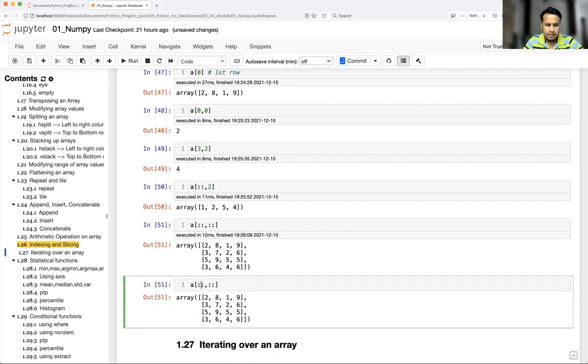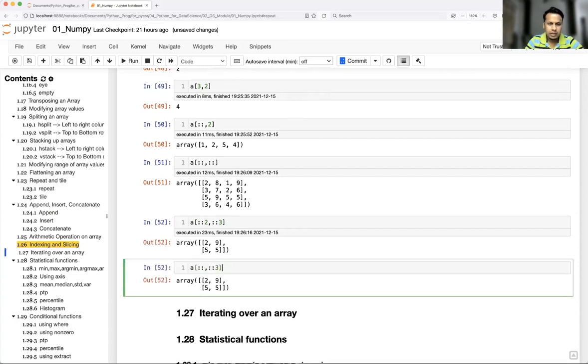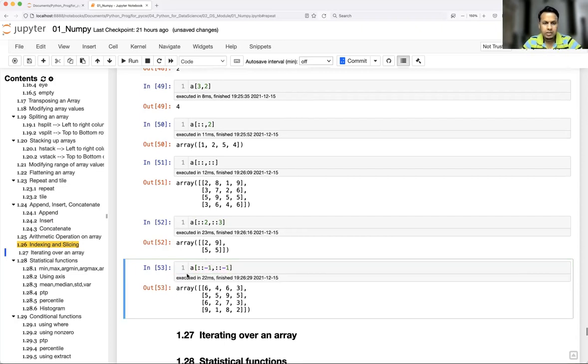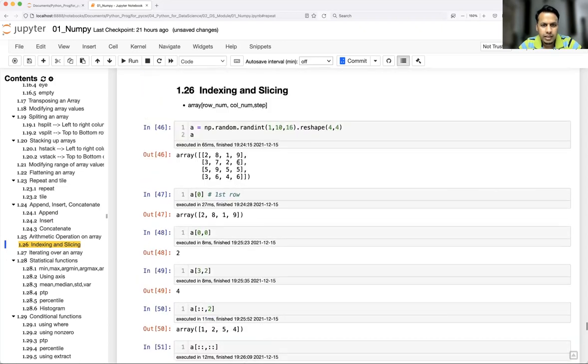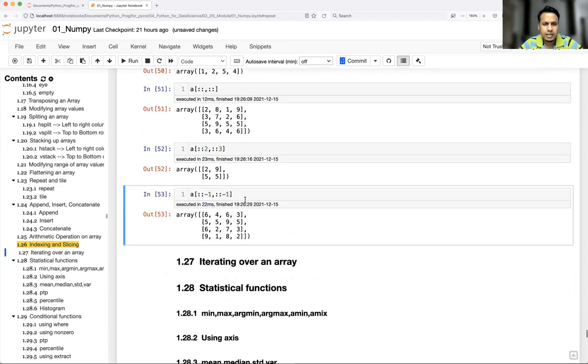Okay. Every second element from each row, every third element from each column. See what is happening: 2, 5, 9, 5. Now you would like to reverse the whole array. Then how do you do that? Colon, colon, -1, the way you reverse a list. Colon, colon, -1. So first all rows will be reversed, so the bottom row will go to the top and like that. Then the rightmost column will go to the first column. That was your original array, right? So first you shift all the rows, then the columns. Okay, so that is the basics of indices and slicing.